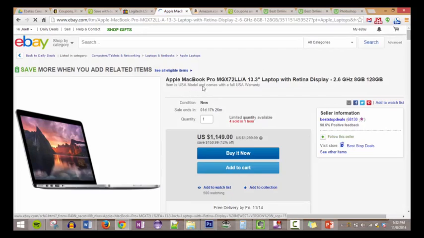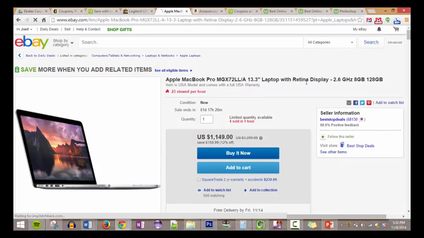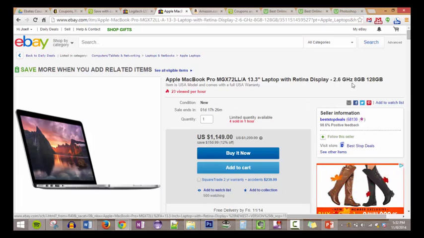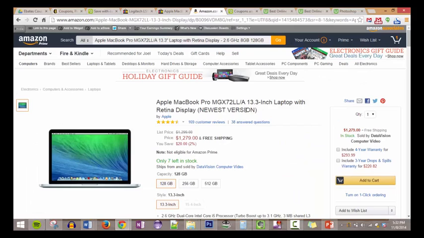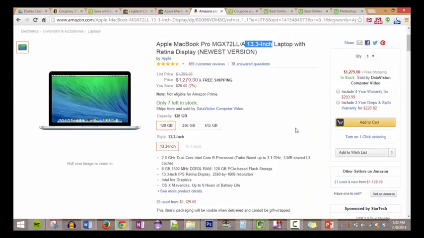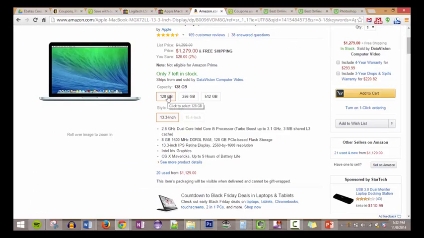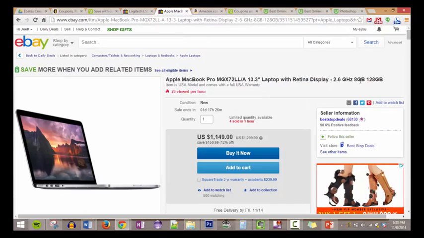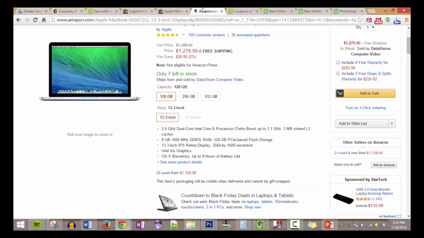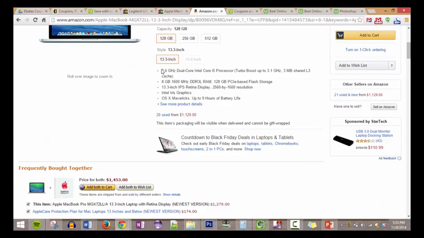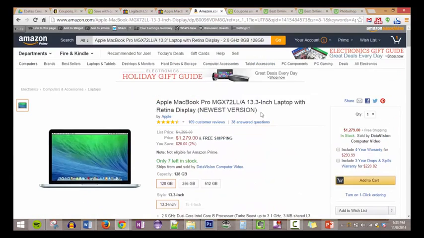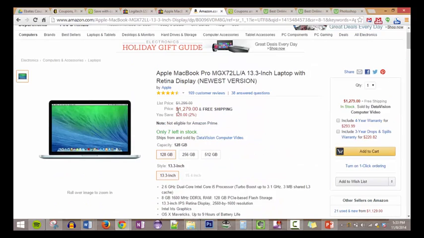This Apple MacBook Pro is 13.3 inch with a Retina display, 2.6 gigahertz, 8 GB, and 128 GB. So let's see, 13.3 inch, 128 gigabyte, and the memory I believe was 8 gigabytes. 8 gigabyte for the memory, 2.6 the clock speed. So you can see this is 2.6 clock speed. That's how fast your processor is, and memory is 8 gigabyte. So if you want to buy this straight from Amazon, you would pay $1,200 for it. About $1,300,